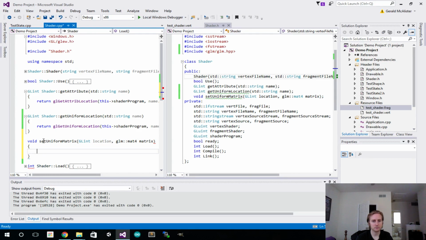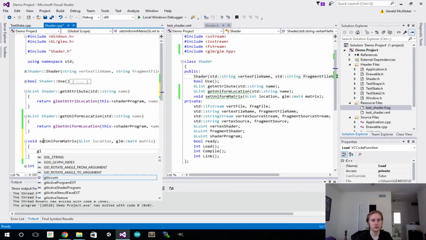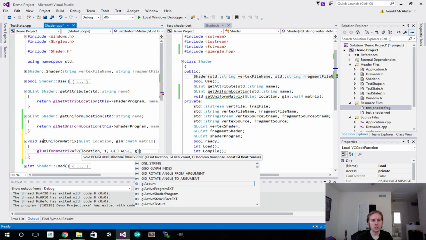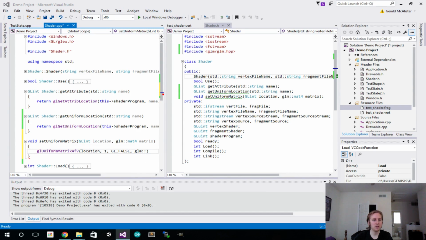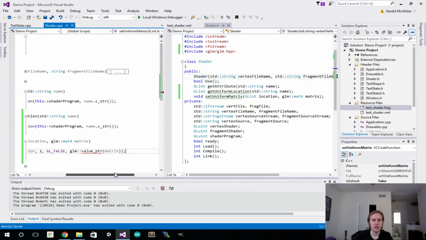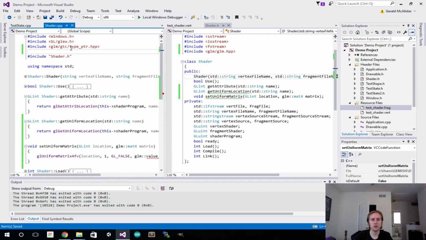So we're going to have this, and all this is going to do is call glUniformMatrix4fv. And real quick, I'm just going to fill it in. It's going to be location, 1, GL_FALSE. And then this method expects a pointer, so we need to use the method value_ptr of the matrix. And if you notice, even though we included that GLM header here, it doesn't actually work. The reason being that we need to include one more library, which is going to be this one right here,